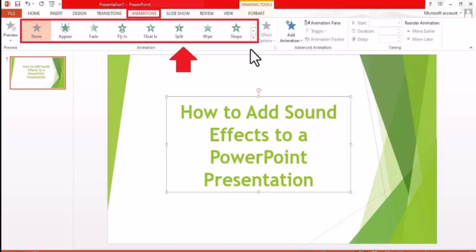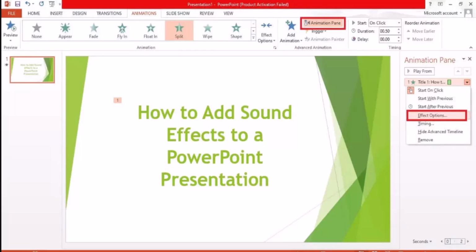Now then, to add a sound effect in PowerPoint, first you'll need to add an animation to a text or object on a slide. Select the text object, click on animation and choose a desired effect. As you do it, now what you need to do is add a sound effect to